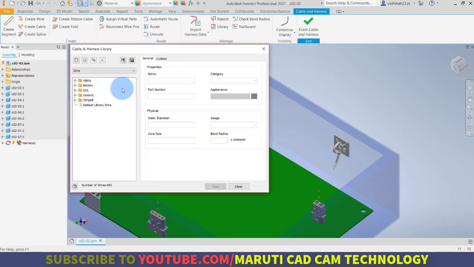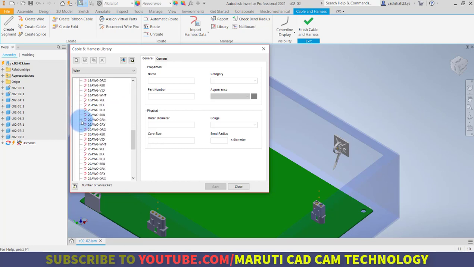In my library, there is a list of collections of wires from several manufacturers, and I have a generic table as well. So we have Alpha, then Belden, generic, and so on.